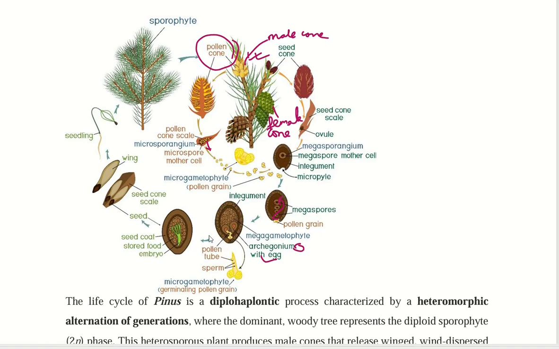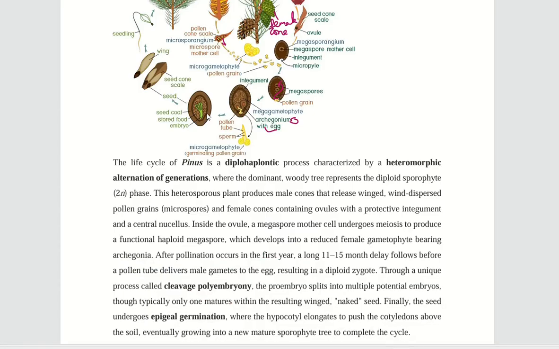And after the pollination in the first year, there is a long delay of around 15 months, before it delivers the actual male gametes to the egg, resulting in the diploid zygote, and eventually it gets turned into the seeds, which are winged, and it comes again to the seedling stage